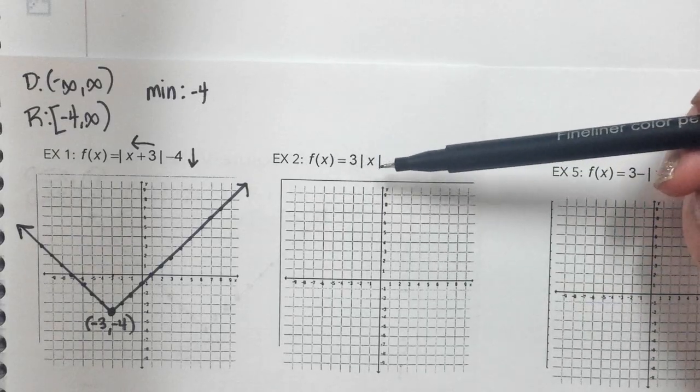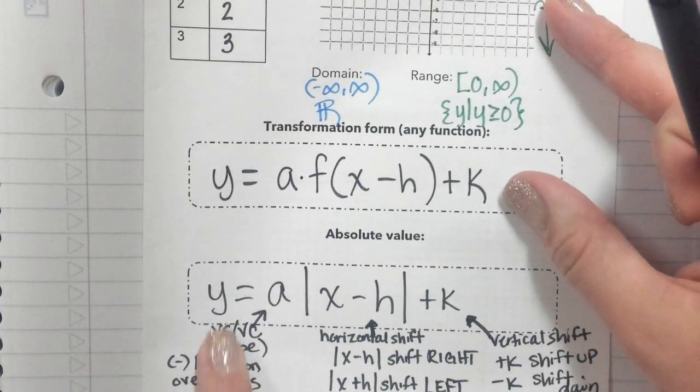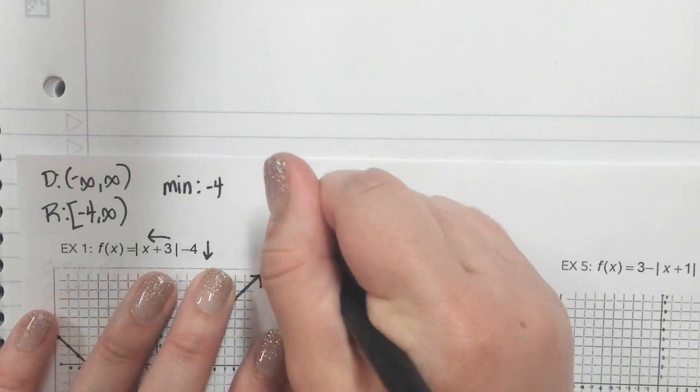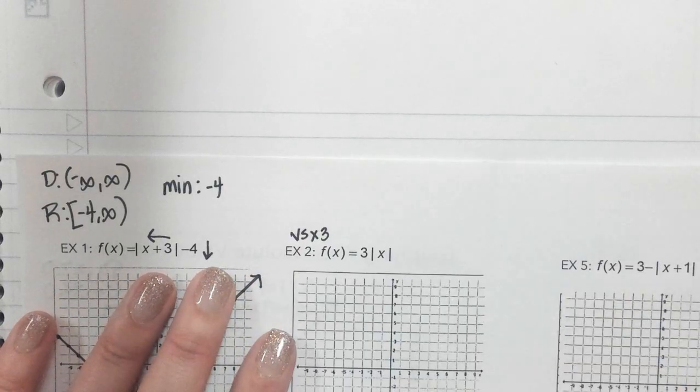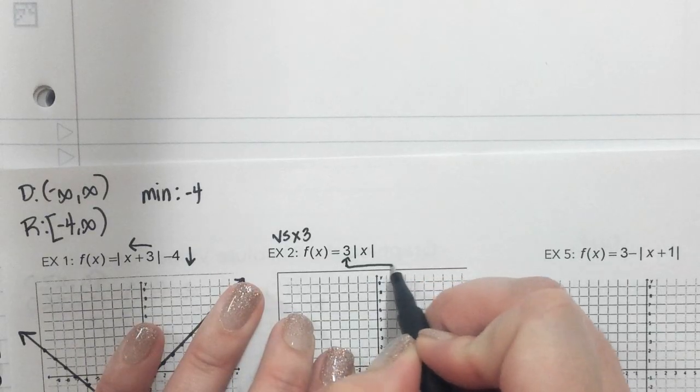All right, let's look at example 2. We have a 3 in front of our absolute value, and that is an A. It's a vertical stretch of 3. So I'm going to write vertical stretch times 3. And what this 3 means is that,